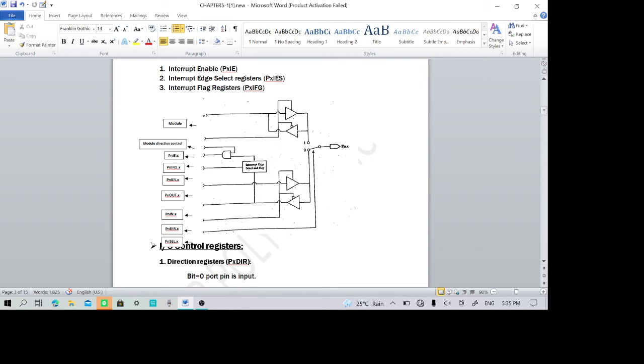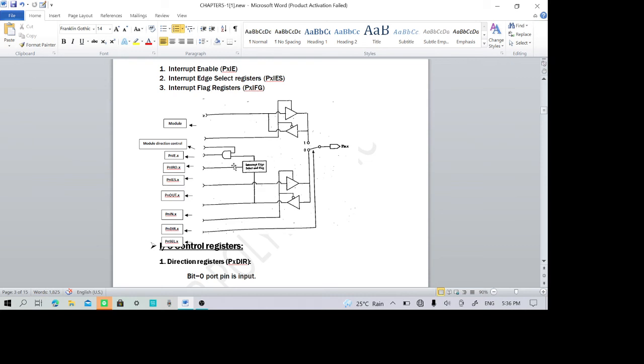Now we have got 3 more bits coming here for the purpose of interrupt. That means this pin can receive the interrupt request by the controlling unit here. So this bit will select the type of interrupt edge, whether trailing edge or the leading edge. To recognize the interrupt will be enabled or selected by this particular bit.